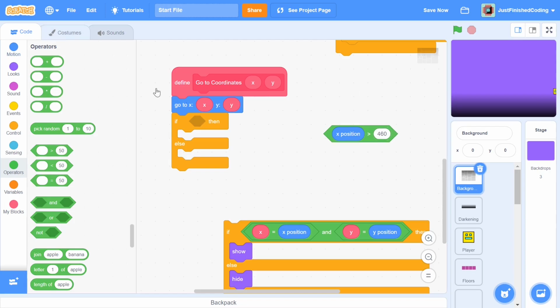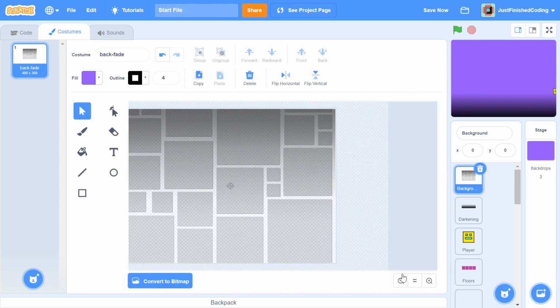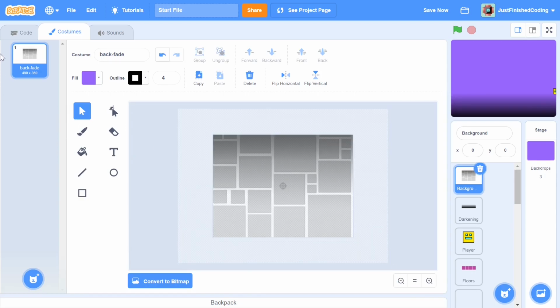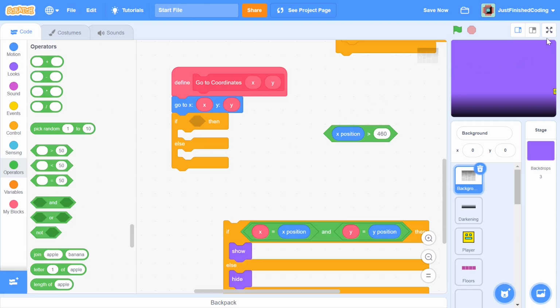Now remember that the backgrounds are centralized, which means that we're talking about the center coordinate here and not really one of the corner coordinates, because the corner coordinate is going to be at, in this case, positive 240 for the second clone, but the center coordinate is going to be at the center. So that's going to be, once again, a plus 240. So that's going to be 480. Okay, so in this case, X position is going to be 480, and that's something where this condition will hold true. It's going to be positive 480, but it's also going to hold true on the left hand side when the backgrounds eventually scroll, and that is going to be if the X position is less than -460.